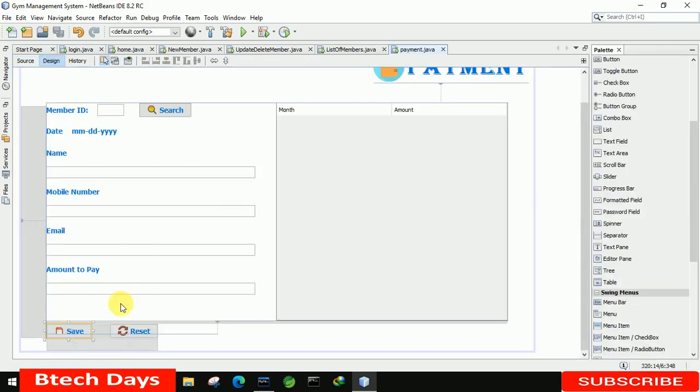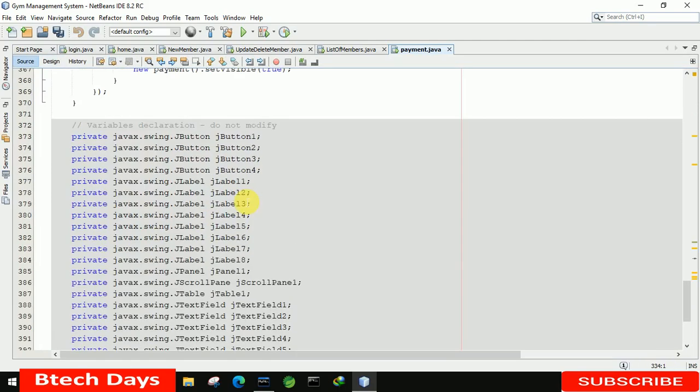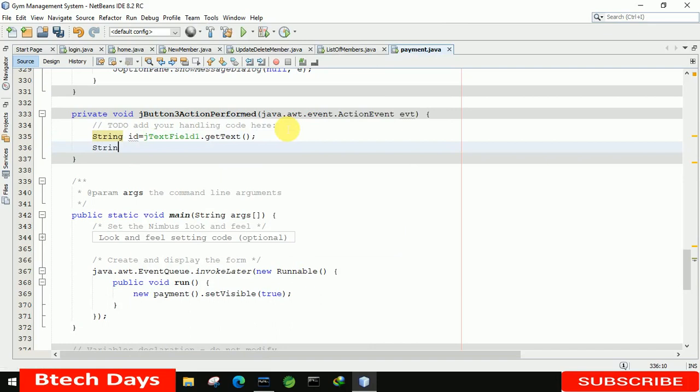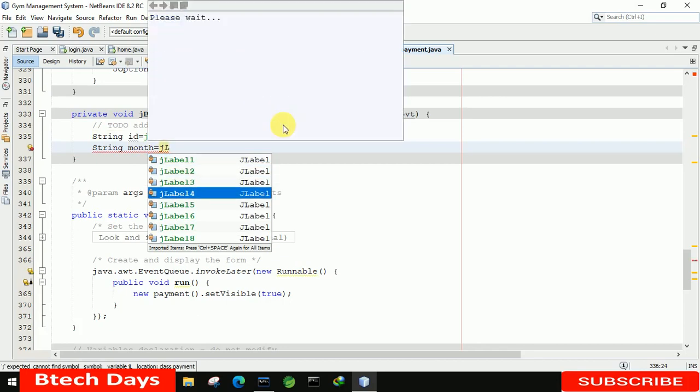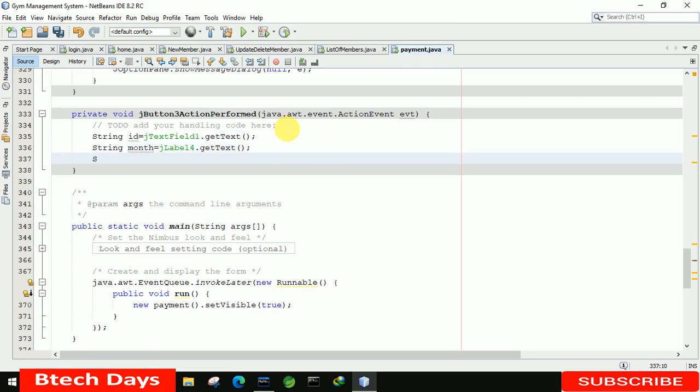Now let's again move here and click on save. For payment, we have to save the payment record, so for that we also need to write code. Let's start. String id equals jTextField1.getText. After that we have to take a string month, month equals jLabel3, label 4 sorry, .getText. After that the last one is a string